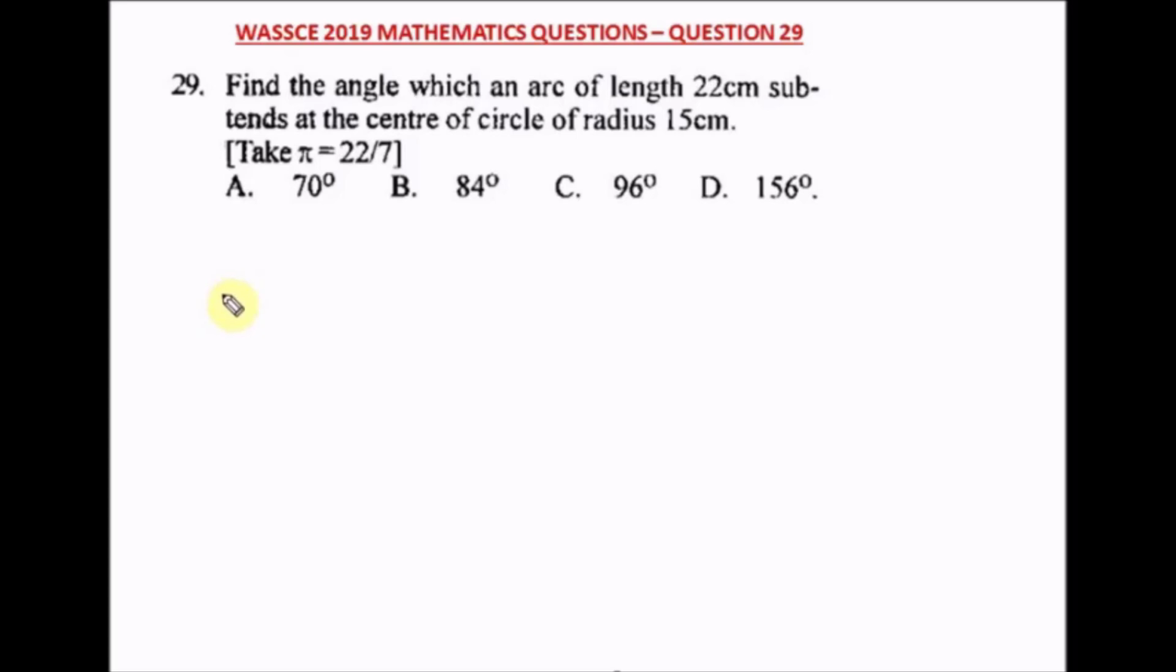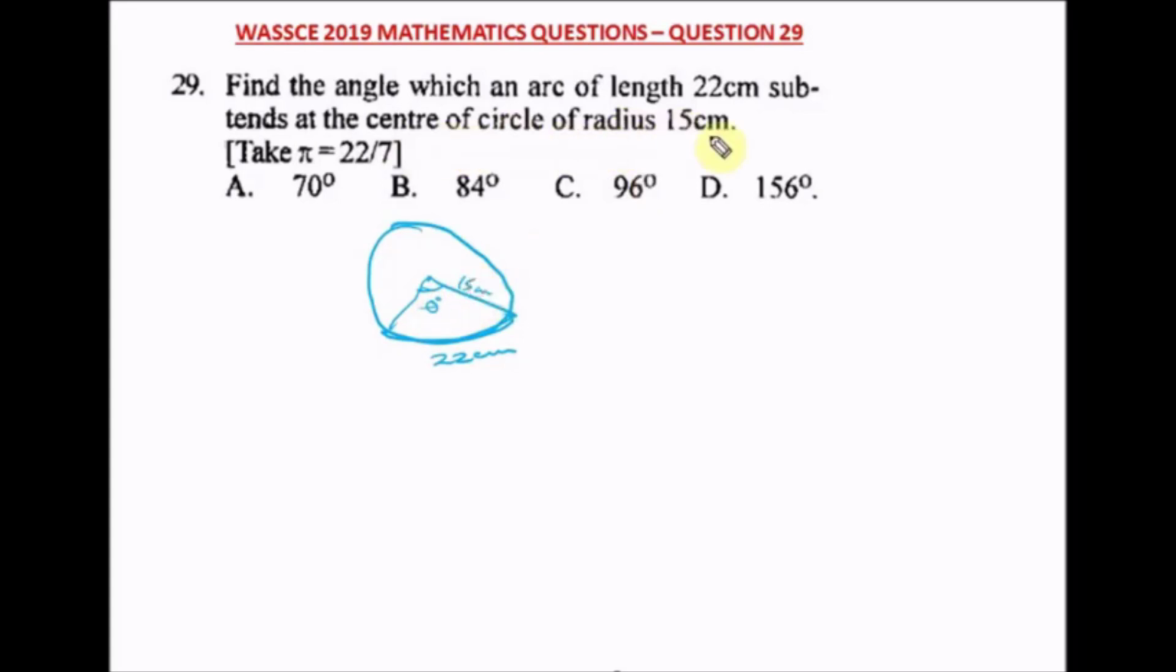It says find the angle which an arc of length 22 centimeters subtends at the center of a circle of radius 15 centimeters. So we have a circle, sorry for my circle, and we have an arc. We've been told the arc has a length of 22 centimeters. We're looking for the angle which the arc subtends, theta, and we've been told the radius,